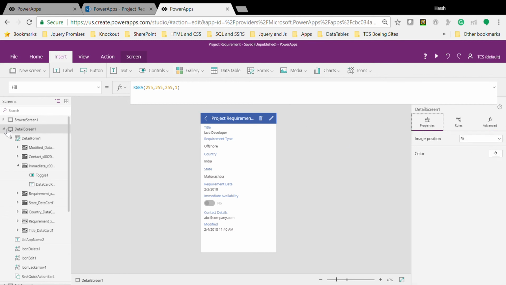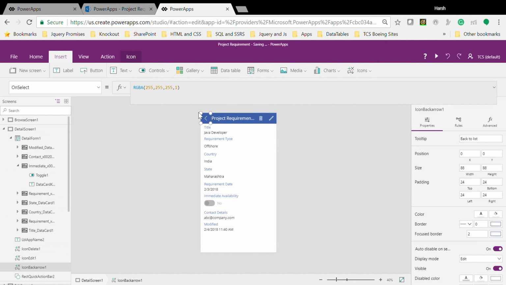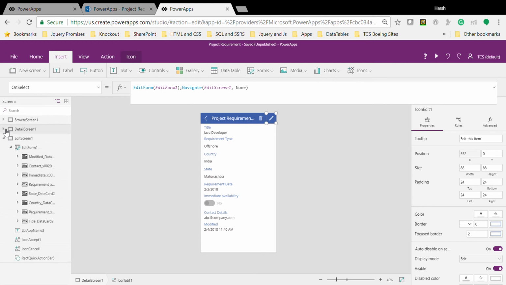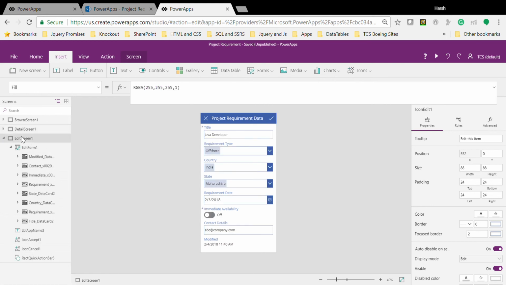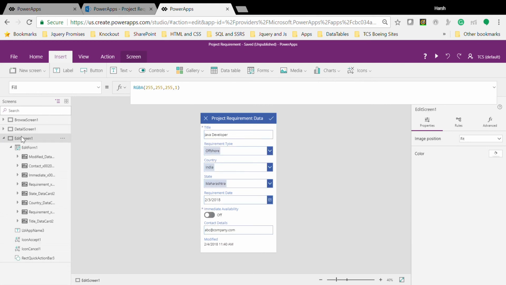Okay, so now you can see that on this we have navigate browse screen none. So this is how navigation works, and here on edit we have the edit form, so we have to go to the edit form which I have mentioned in brackets. Okay, so let's go to the edit form. So in edit form, what would I like to change